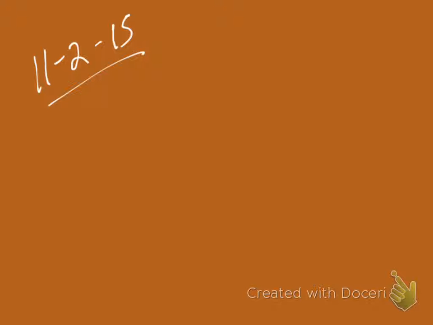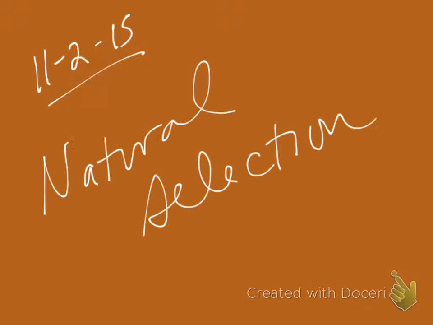Okay, so we said evolution is biological change over time. What we want to know now is, how does it work? So we know what it is, but we can know what lots of things are. It doesn't help us much if we don't know how they work. Natural selection is the mechanism of evolution. It's how evolution works.